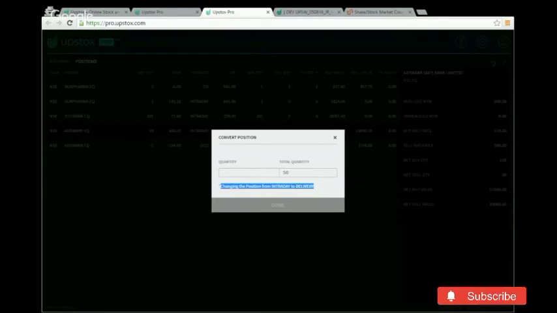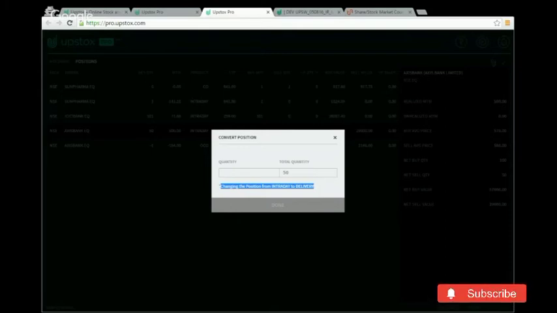When will a person use this? When you place an intraday order, as you know, we provide you some leverage, like 15 times for cash or 3 times for futures or options. So whenever you place intraday orders, we provide you some leverage. If by any chance you wish to carry these positions for the next day, at that time